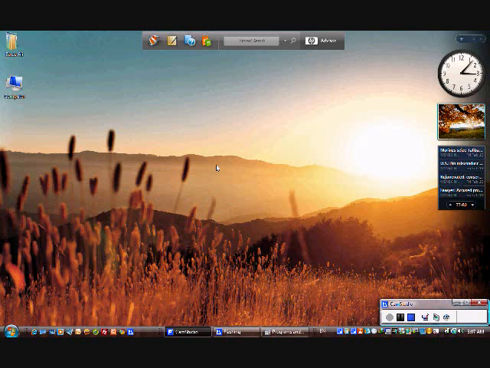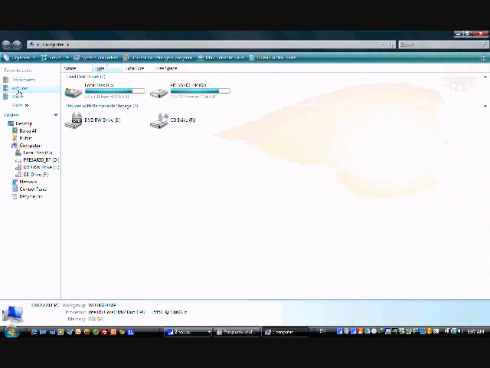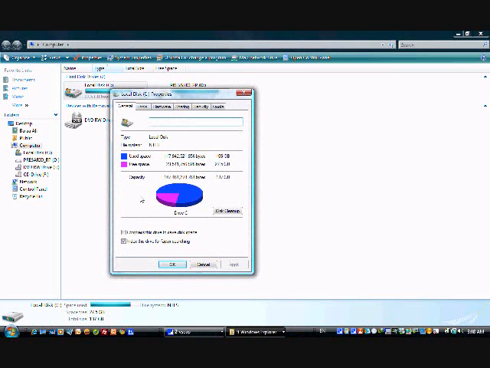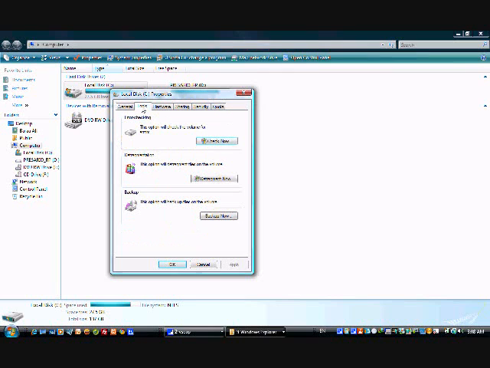So the easy way to avoid this problem is by doing something called defragmentation on the hard drive. All you need to do is go to My Computer, click on it, then choose the hard drive C, local disk C, and right click on your mouse. Then choose Properties. When you get this window, look at the Tools tab, and then there's a defragmentation field. Please press Defragment now,